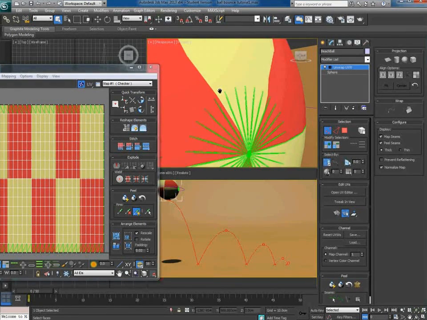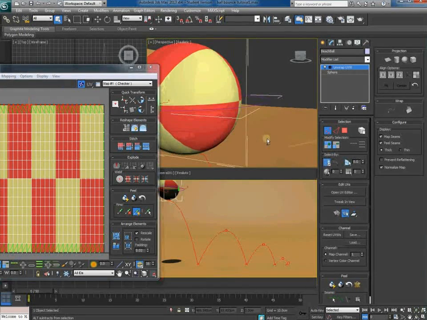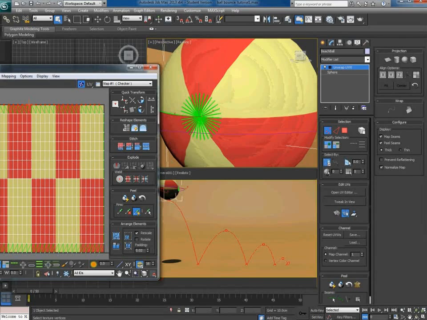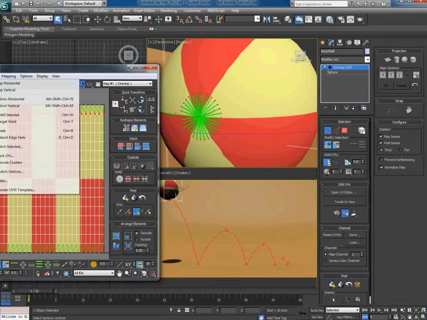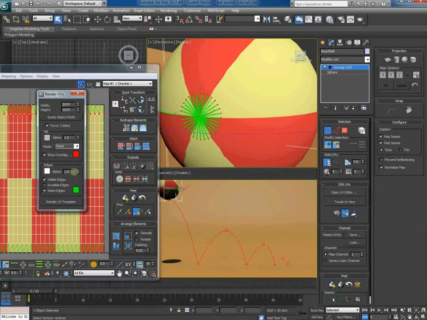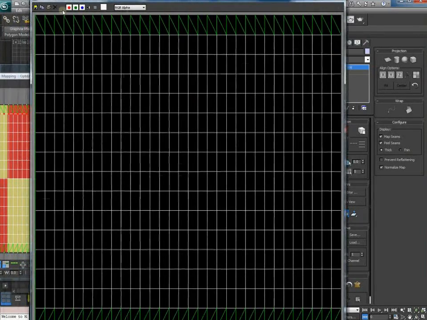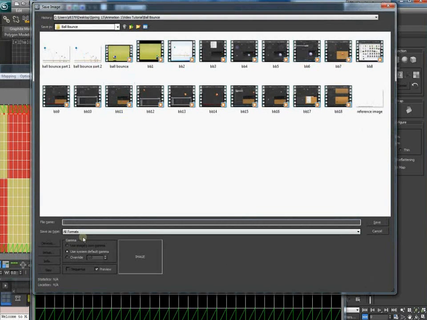Okay, these areas, if I select these vertices, or if I select these vertices, so this area is the color here, and so on. So what we'll do is go to tools, and then we'll say render UVW map, and then we'll say render UVs. So you get this image, you save this image as a JPEG,